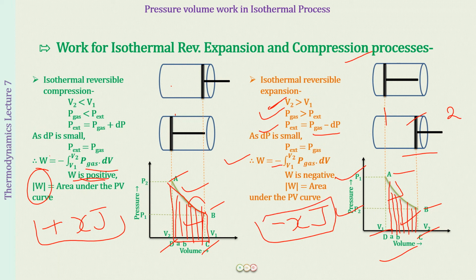The magnitude of the work done is going to be the same. The magnitude you can get from the area under the PV curve. The sign is going to be different. It will be negative in case of an expansion and positive in case of a compression. Okay, so I hope this is clear to you. You have to remember this because these are very important things, that is why I'm spending so much time explaining all of this.